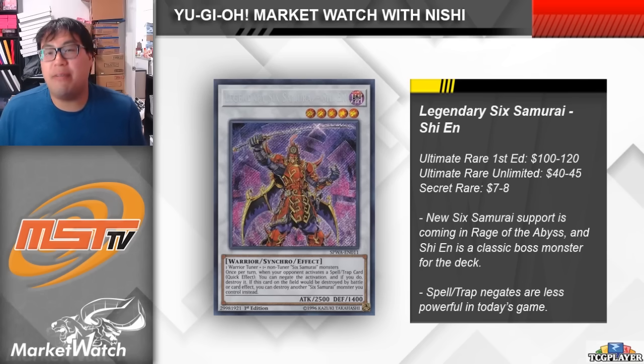Alright, so I guess we have to talk about something related to Six Samurais here on Market Watch. The next card we'll cover is Legendary Six Samurai Shien. So I'm sure you guys have seen, but there are several new Six Samurai cards coming in Rage of the Abyss, and they do all look pretty cool. I don't know exactly if they'll be meta relevant, but they're definitely a fan favorite strategy that a lot of